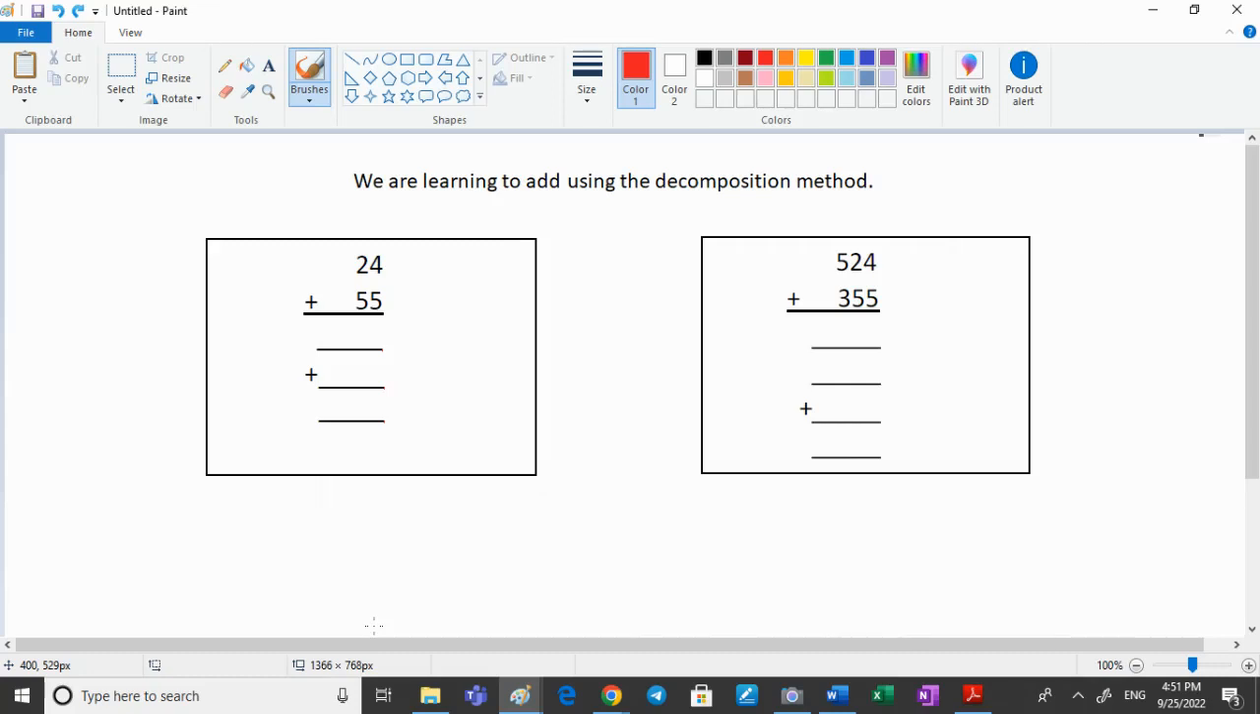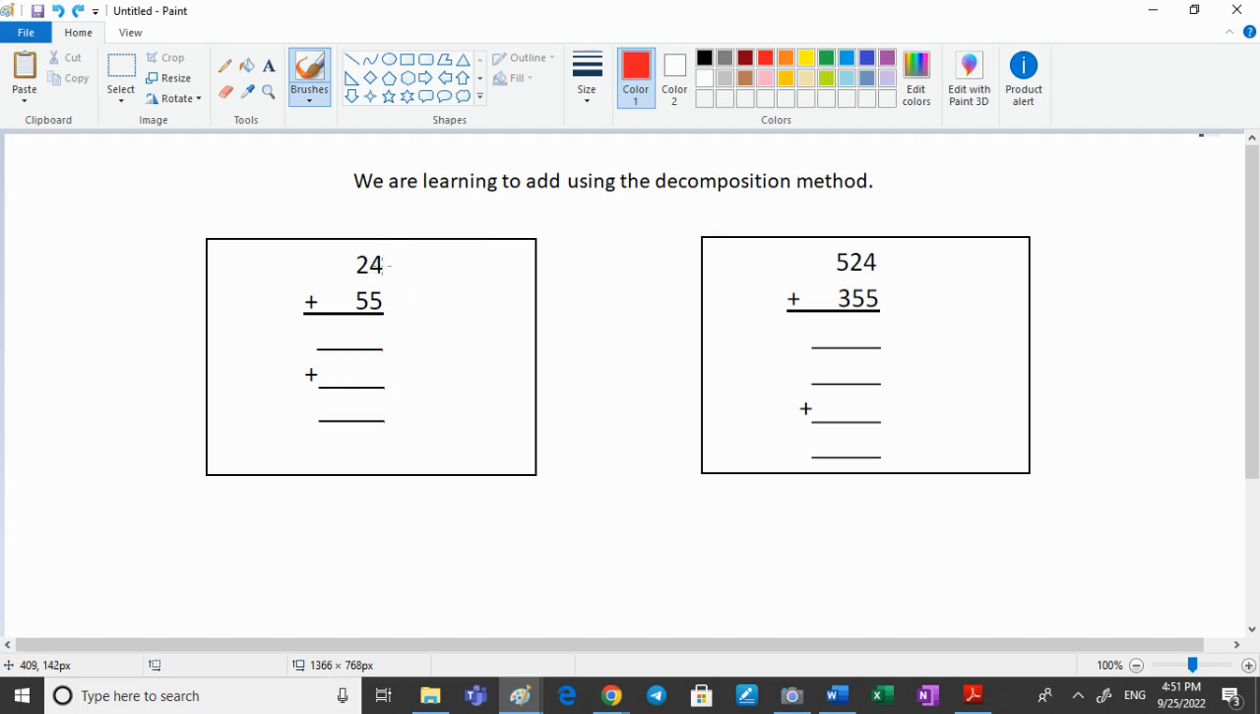Going to review this week's lesson objective, adding using the decomposition method. We have a couple of examples here. We have 24 plus 55. Now you might be used to your column addition, and that's okay, but this other way is where